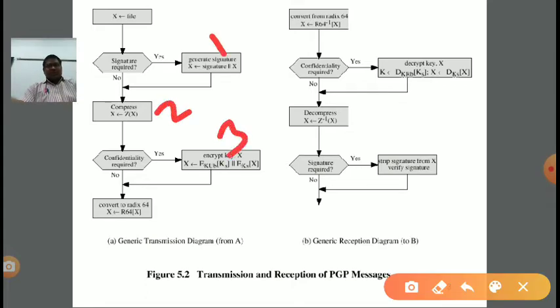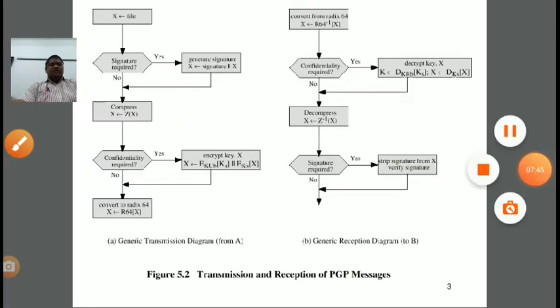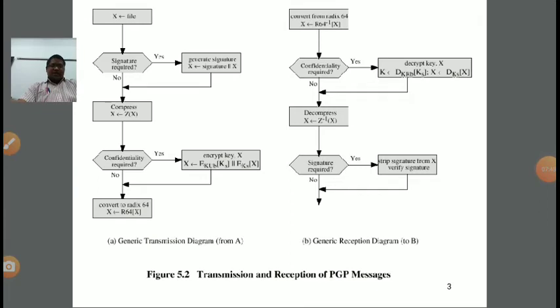After applying the encryption, we need to ensure the compatibility of our email. Clear? To convert our email into a relevant format, the technique Radix 64 is used. So R64 converts our message into a relevant compatible format, right? All these steps are done at the sender side. Clear?